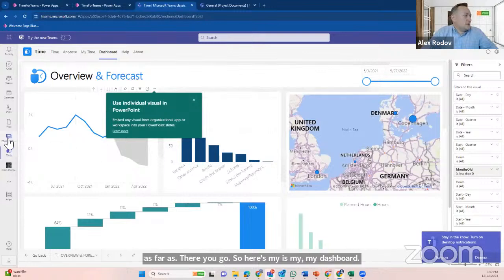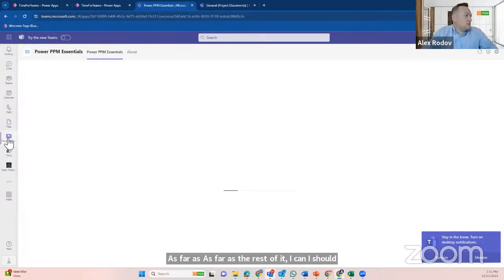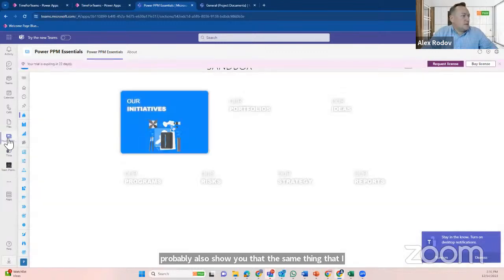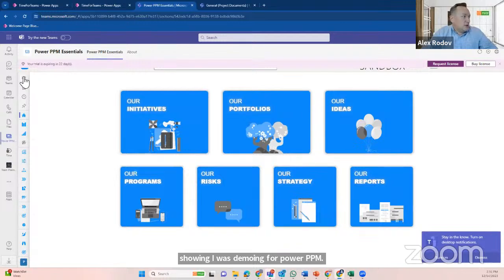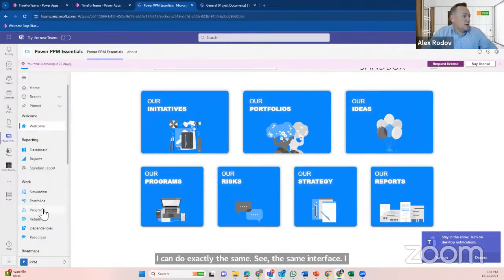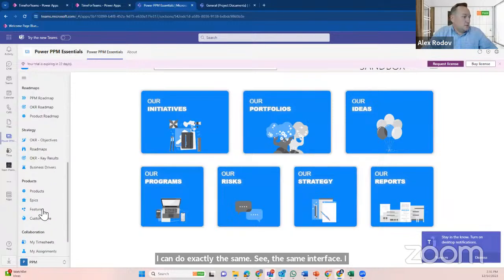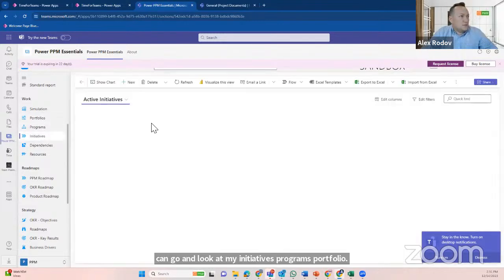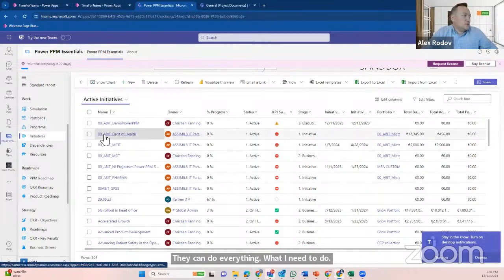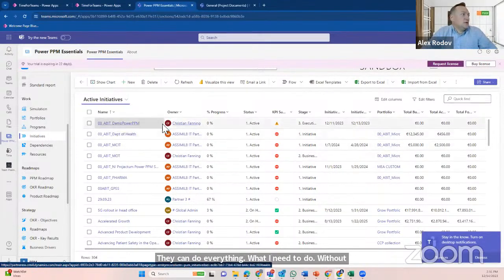As far as the rest of it, I should probably also show you that the same thing that I was demoing for Power PPM, I can do exactly the same. See, exactly the same interface. And I don't have to leave Teams. I can stay within Teams and go through my OKRs. I can go and look at my initiatives, programs, portfolios. I can do everything I need to do without leaving Teams. So that's a nice and neat way